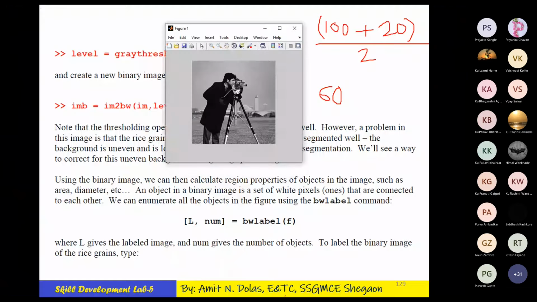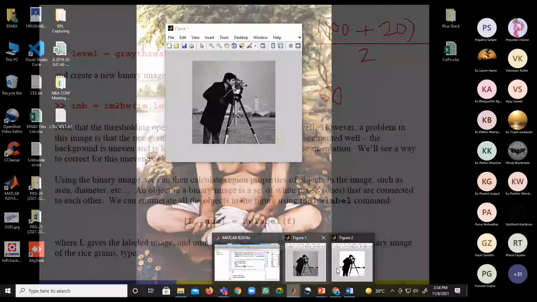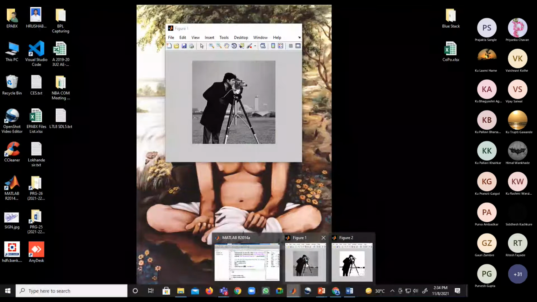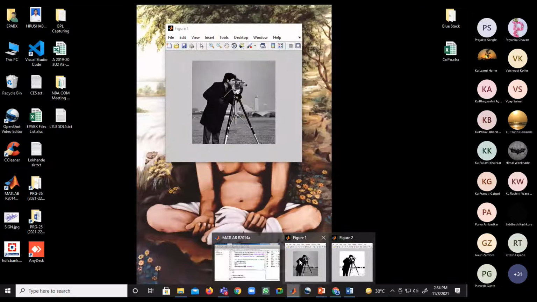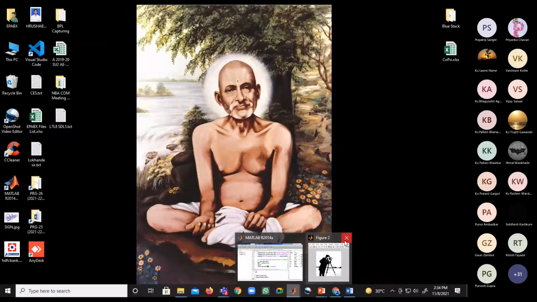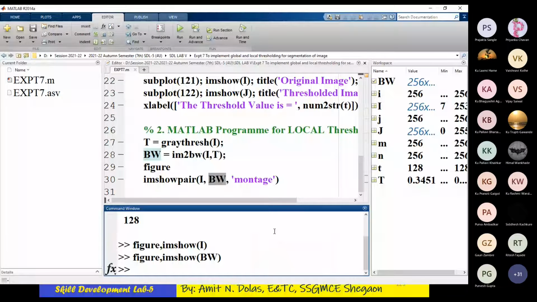I have this image, and also I have this image. These two different images are there. But comparing this is problematic. Somebody may want both the images in a similar window. In that case, we may use subplot, or imshowpair likewise.